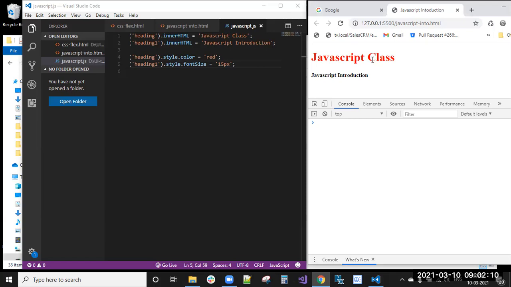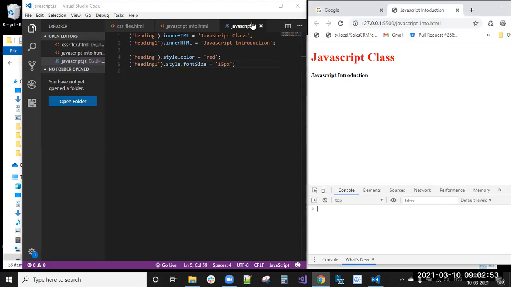So we will take a real-time example. For that purpose, we will take one box and two images: a closed box and an open box. And we will create a button. When clicking on that button, open or close, we will change the images. By using JavaScript, we can also change the attribute values.